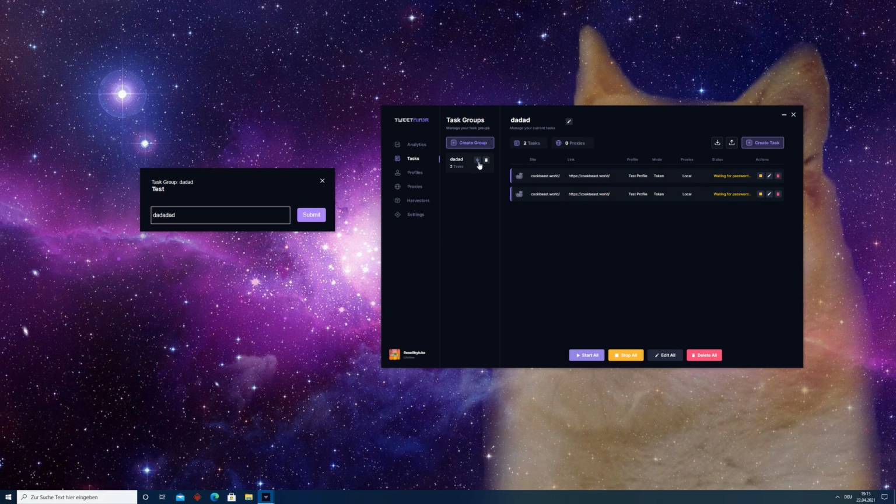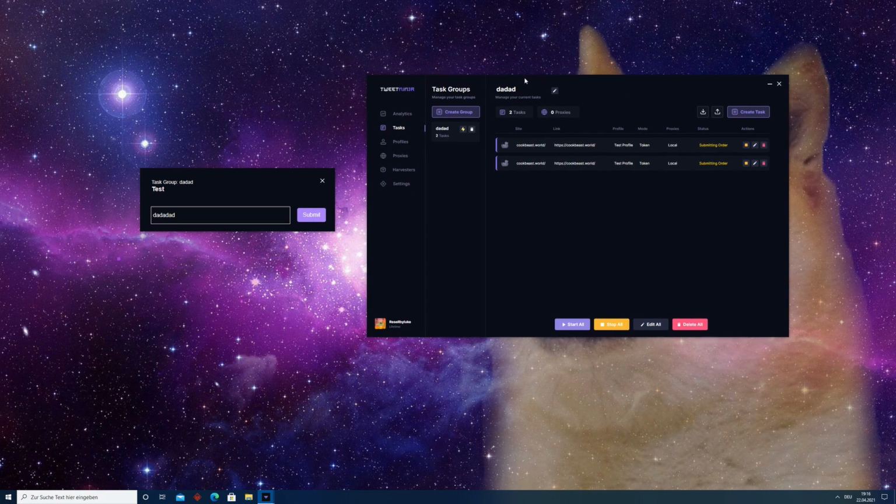Now we're gonna go to the lightning bolt. If you have it on, you can just simply mark something, and copy paste it, just copy it, and it will auto submit a password into your task page. Simply as that. I hope this guide helps you a lot to get further in TweetNinja, and